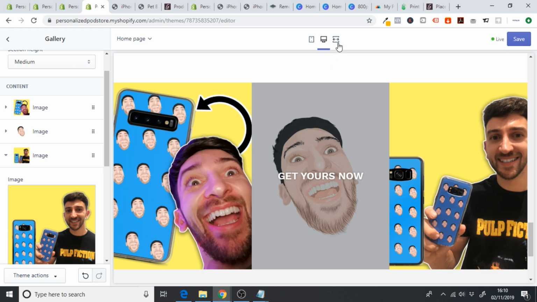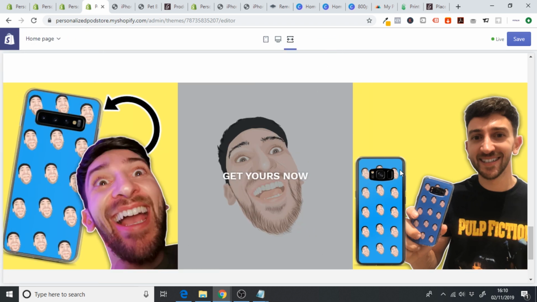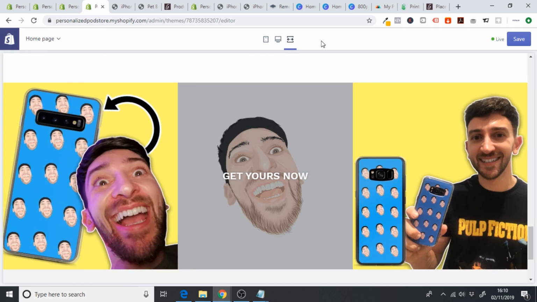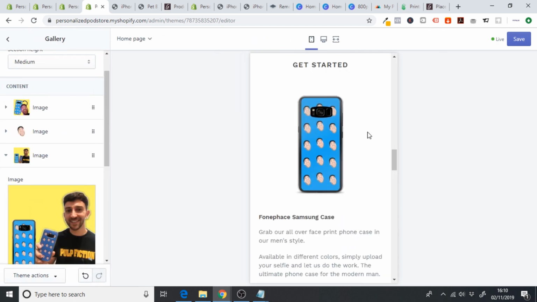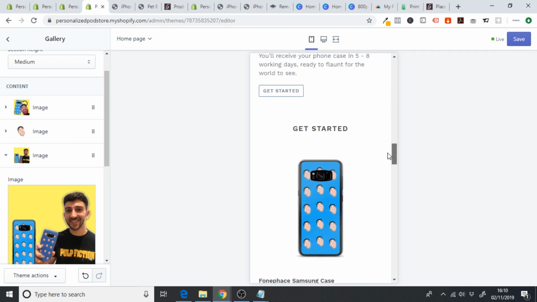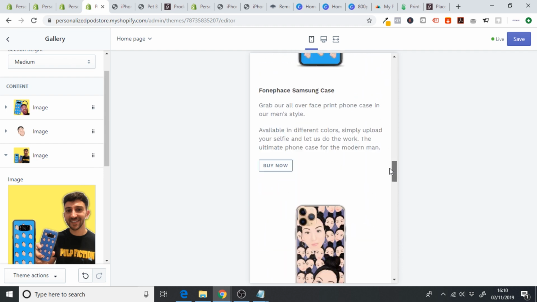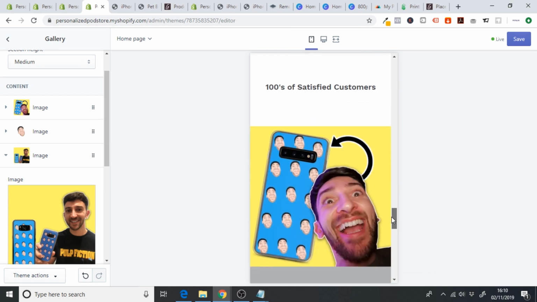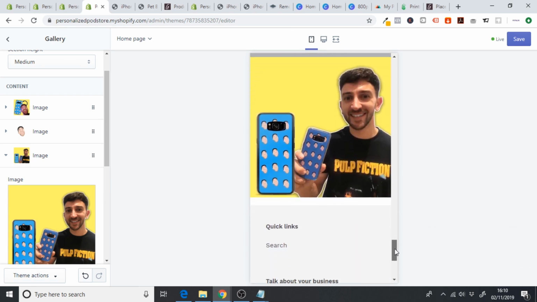So that's pretty cool. Now if we open it up like this, we can see that it fits perfectly. So when we are in this view, it doesn't fit completely perfectly, but when we open it up like this, it fits perfectly. So now we have over here somebody holding the case, how it works. Then we have 2 options of them actually purchasing the products. Then we have subscribe to our newsletter, and then finally we have hundreds of satisfied customers and people over here